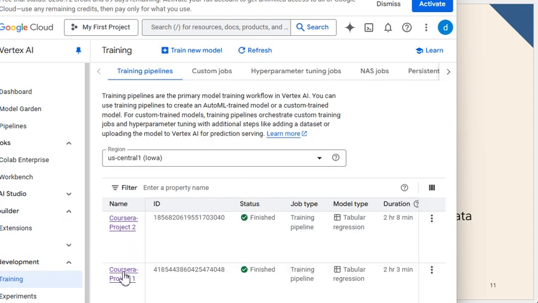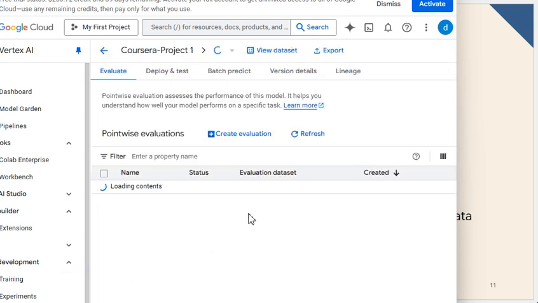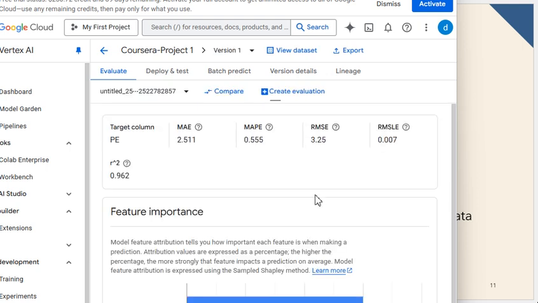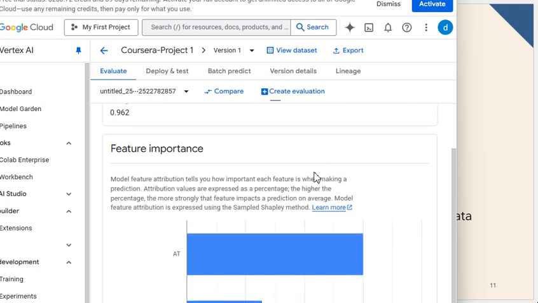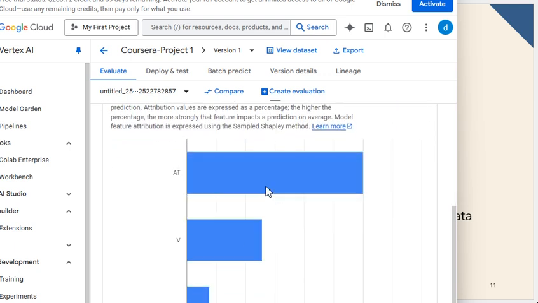All right, so these are the two projects. Project 1, which is the RMSE optimized, has these features, has these readings, and the feature importance is automatically